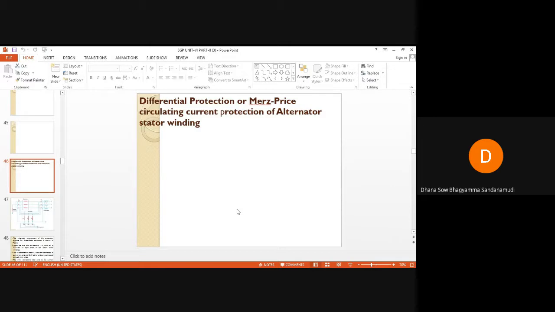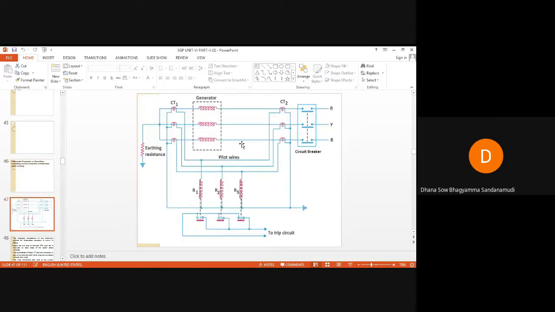and we didn't mention what the element to be protected there is. We simply said, let us assume that this is a portion that is to be protected by the differential protection scheme. So let us discuss differential protection of the alternator, or Merz-Price circulating current protection of the alternator stator windings. As I have shown you here, this is the generator winding,